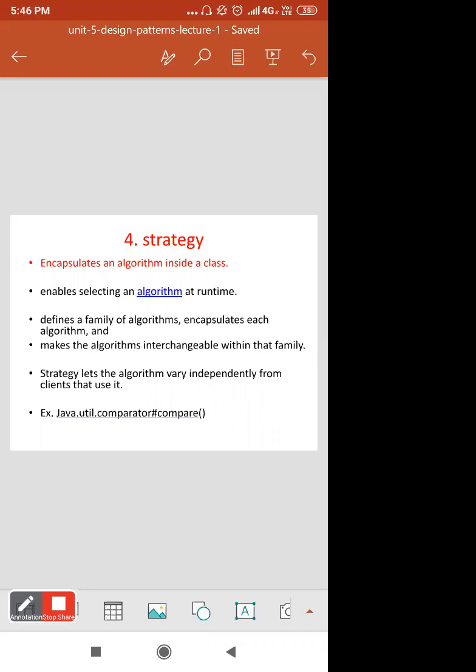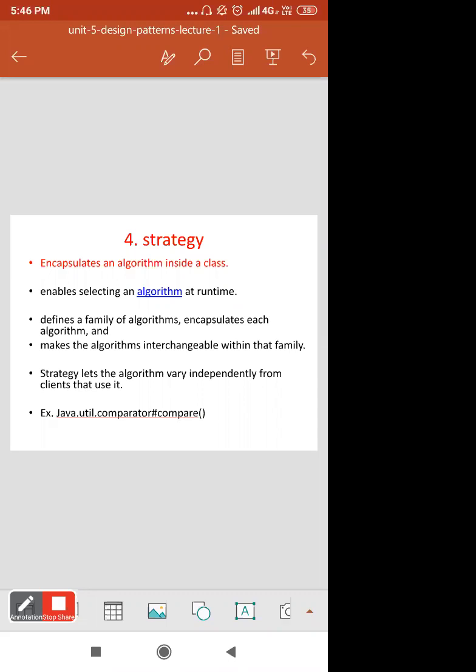So likewise, the strategy will change as per the algorithm. This design pattern encapsulates an algorithm inside a class. It enables selecting an algorithm at runtime. It defines a family of algorithms, encapsulates each algorithm, and makes the algorithms interchangeable within that family.